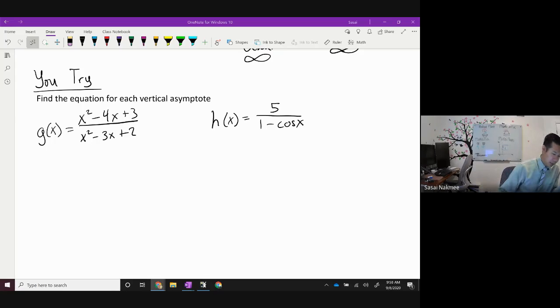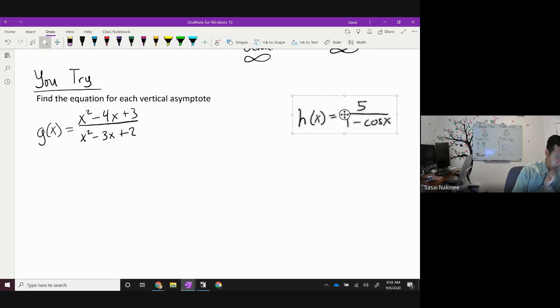Okay, let's go ahead and take a look at this one now. Let's come back over here. Let's look at g of x real quick. For the g of x function, we have here x squared minus 4x plus 3 over x squared minus 3x plus 2, right? And we're focusing on these vertical asymptotes. Vertical asymptotes, right? So we're looking for